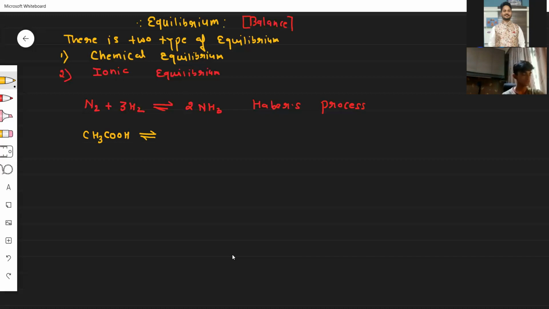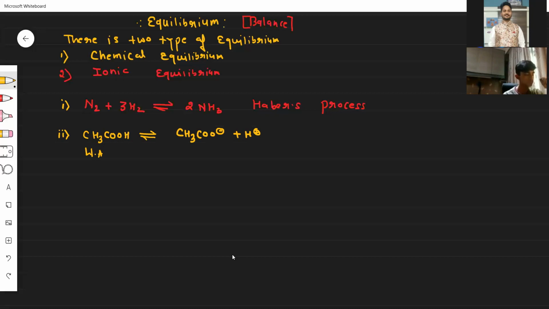Fantastic. Now, when you talk about acid, here the acid is acetic acid, and this is a weak acid. I'm writing here, WA, that is a weak acid. Once it undergoes dissociation, it forms something like this: CH3COO minus plus H plus, that is a proton. Now, if you look at these two different reactions, the first one and the second one, there is an equilibrium. As I told you, when you say equilibrium, there is a balance. There is going to be a forward and a backward arrow.